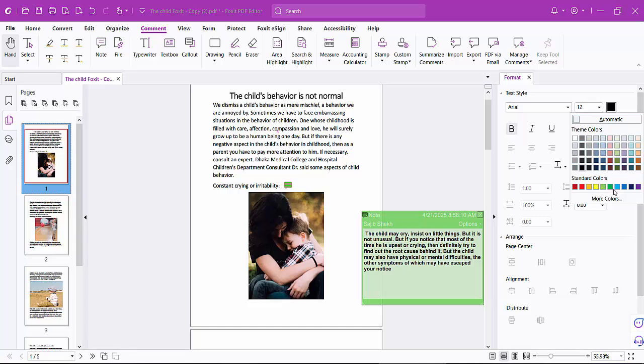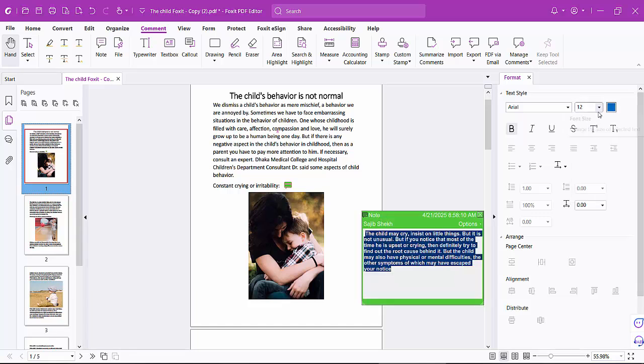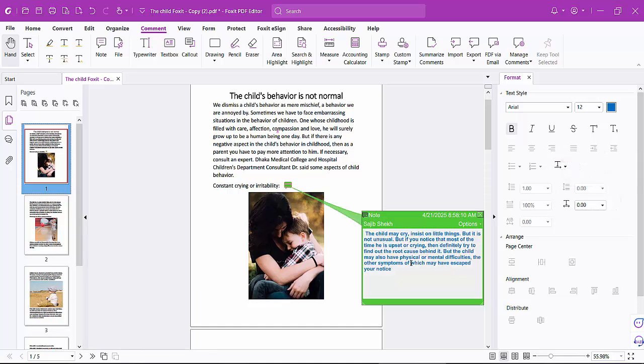color. You can increase or decrease the font size. Also you can align this text and so on,